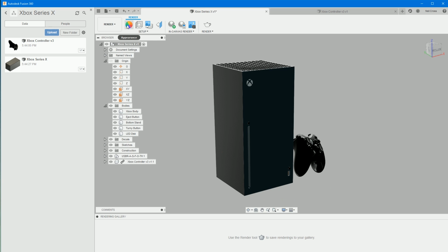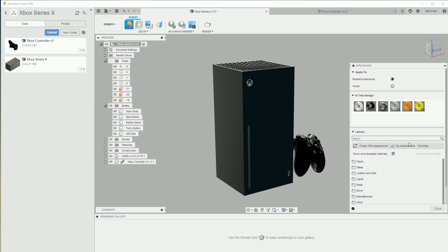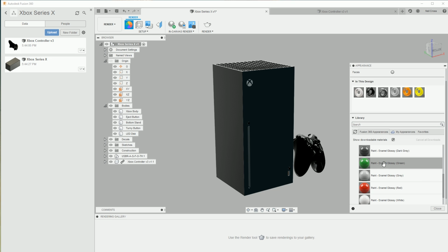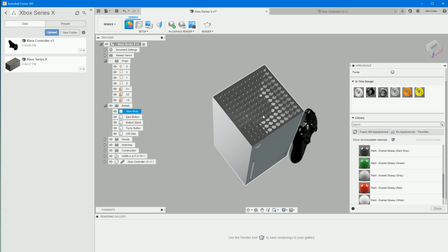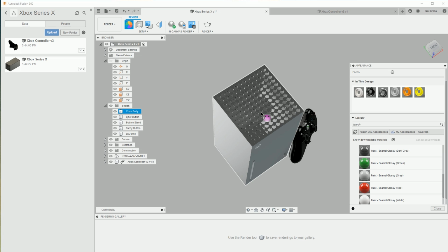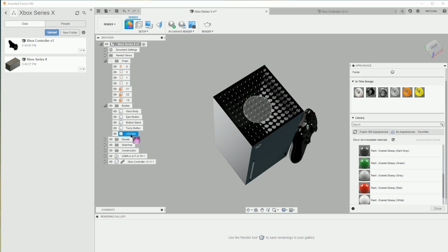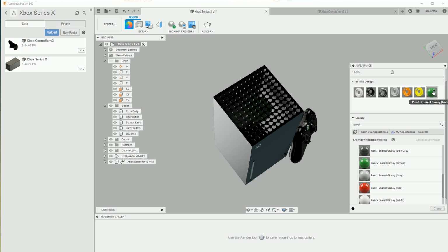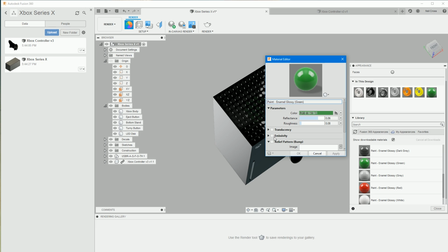So if we hop on over to appearance up at the top, I think we will get a different set of libraries here that we can use. Yeah, see, we've got paint there now. Go into glossy, and we can select paint green. So it's obviously a green LED. So grab the green glossy paint and then drag that onto the disk. It's probably better to drag it onto the node in the browser so you don't accidentally drag it onto something else. Right click on the glyph at the top, edit that, go into advanced, and then for emissivity,